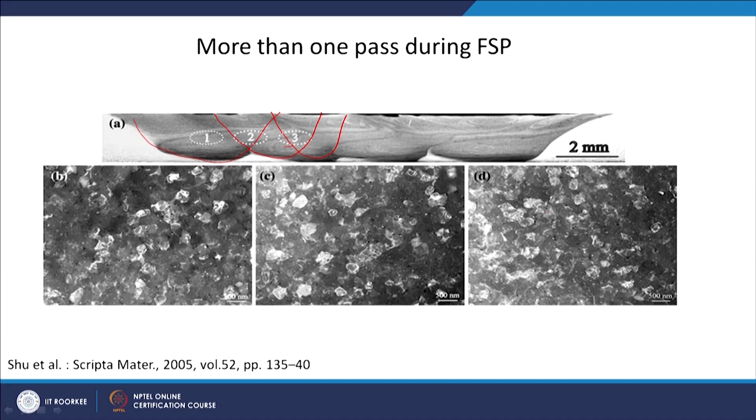The microstructure is taken from 3 locations, where the first pass was there, then the second one and the third one. And you can see that from the microstructure we do not see much difference. The microstructure is more or less uniform whether you are in the first pass, second pass or third pass. So, that is a very good outcome of this processing, that the microstructure is not getting affected too much by multiple passes. So, you can easily extend friction stir processing as a bulk processing technique.